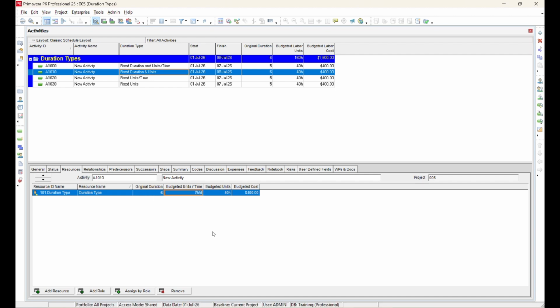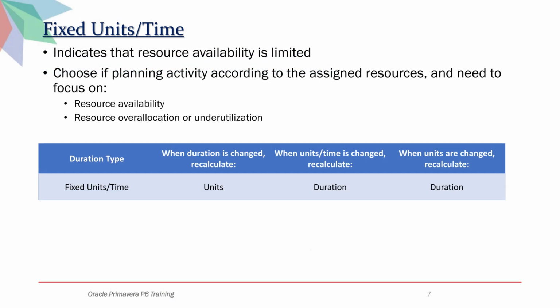When duration is changed, recalculate the units per time. When units per time is changed, recalculate the units. When units are changed, recalculate the units per time. Fixed units per time. It indicates that resource availability is limited. Choose this if planning the activity according to the assigned resources and you need to focus on resource availability and resource overallocation or